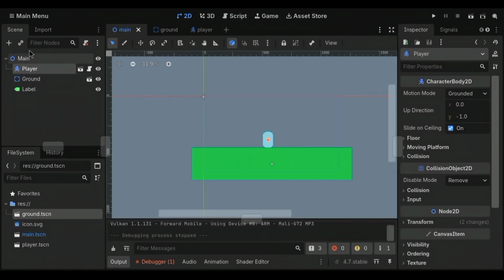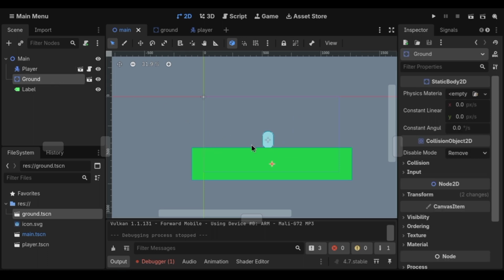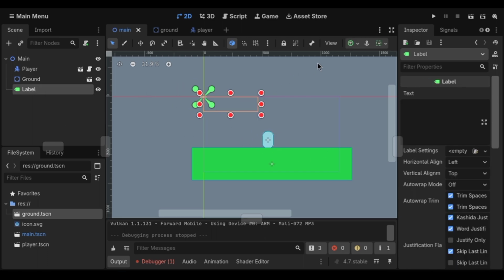So I have created four nodes in here: main, player, ground, label. Main contains all three nodes and is the parent of all of them. The player is a CharacterBody2D which we control, the ground is the space in which we can move, and the label displays the current state of our CharacterBody2D, if you're jumping, if you're walking,